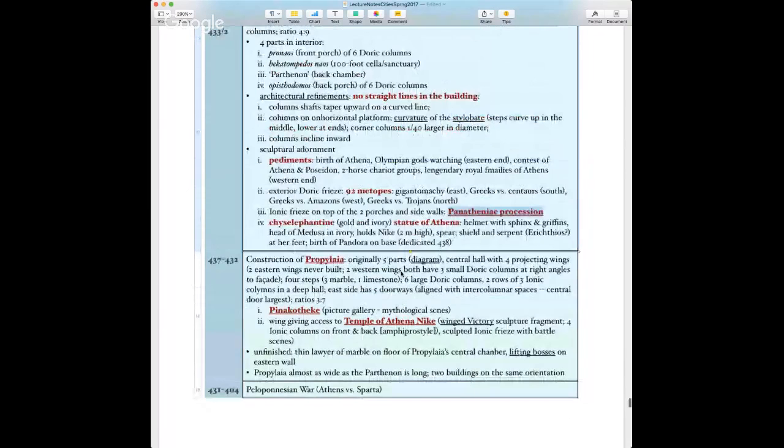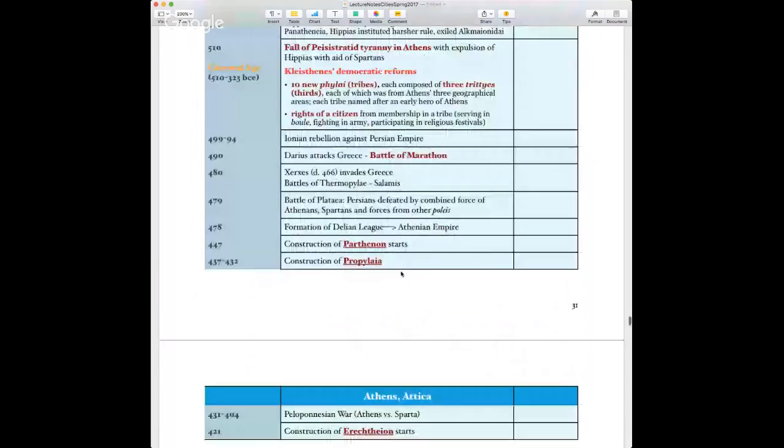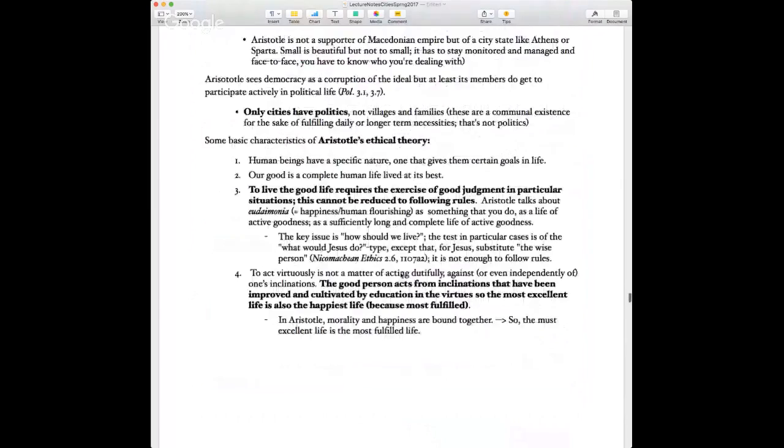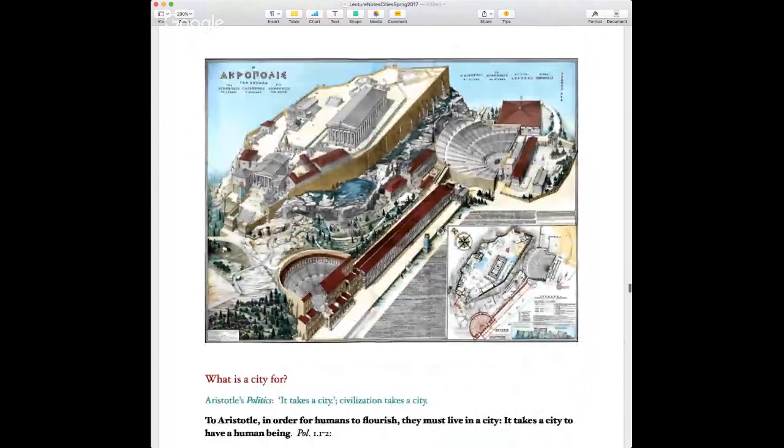Well, to get up to the Acropolis, it's very steep, actually, and there really aren't ramps. Plenty of people walk up there in flip-flops and high heels. If this is the Parthenon over here, remember, this is the entrance. So the Panathenaic procession would have come over here and then gone up, and this is the Propylaia, which we're going to talk about next. This is the Erechtheion here, which is a temple to Erechtheus, the ancient king of Athens. It is much more of a religious building than the Parthenon itself.